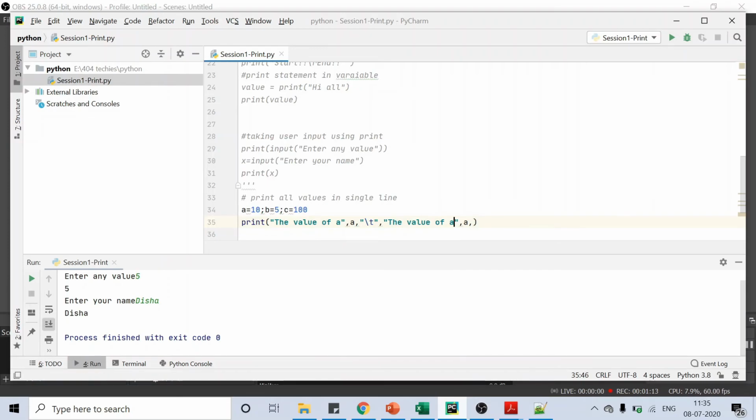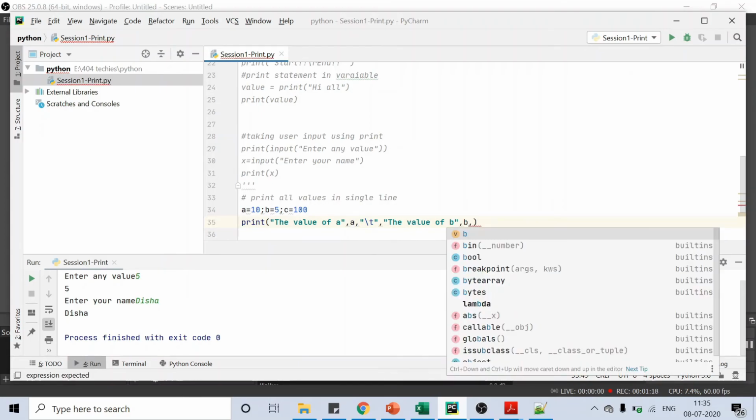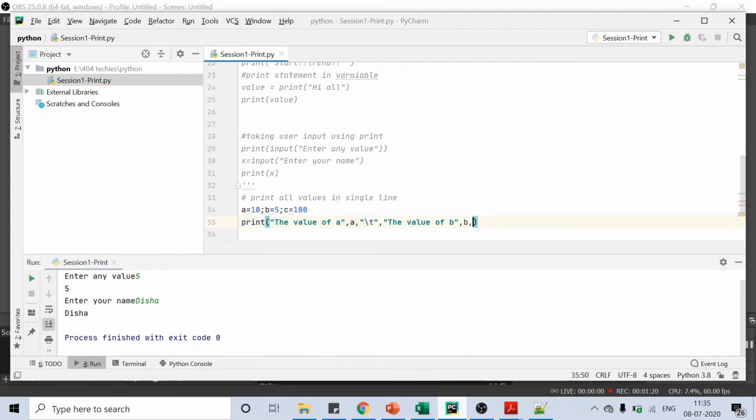The value of b, and again I want slash t, and the value of c.